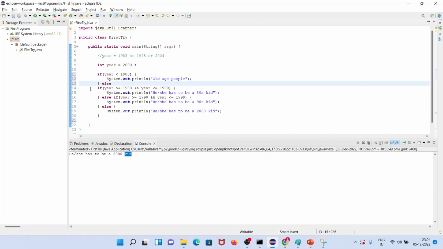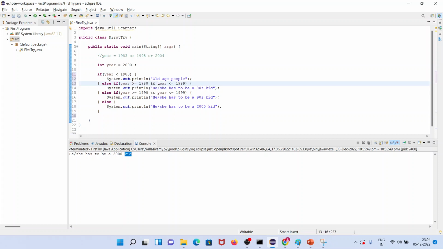Else I am checking the other conditions like whether the year is greater than or equal to 1980, then the year is less than or equal to 89, then 80, likewise for 90, and for 2000 also. For 2000 kid it has to be like this. Now I am going to give the year condition for the 2000 kid. So for 2000 kid it has to be 2000 to 2009. Okay,